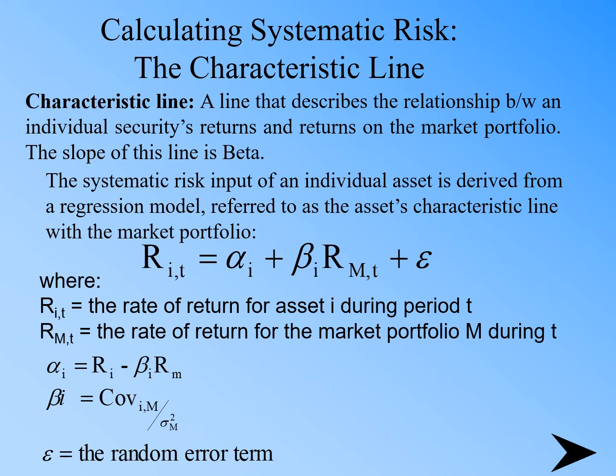And the formula for the beta is beta_i equals covariance_iM over sigma squared_M. It is the covariance between the individual asset return and the market portfolio return divided by the variance of the market return. And we know that the covariance of the market return with the market return is the variance of the market return. So the formula becomes beta equals covariance_iM divided by variance, or sigma squared_M.